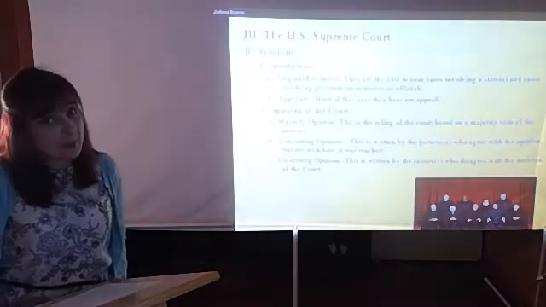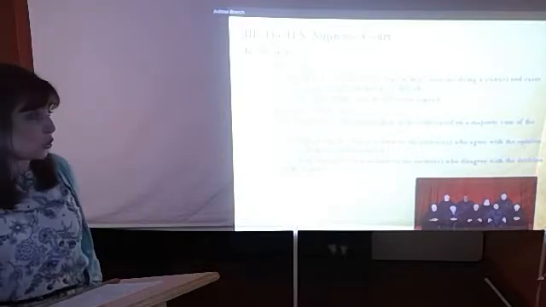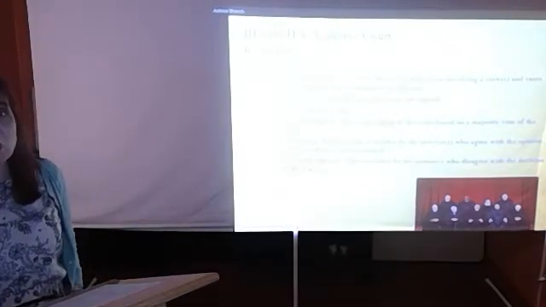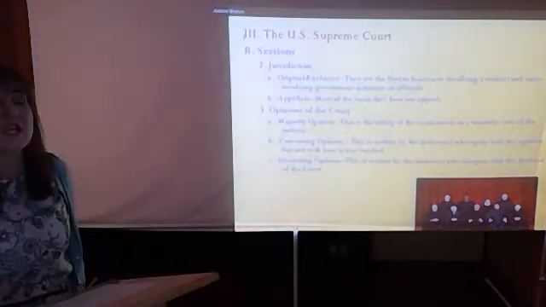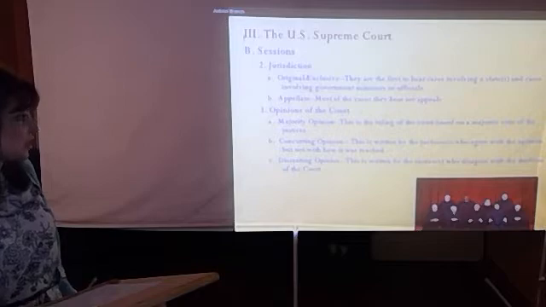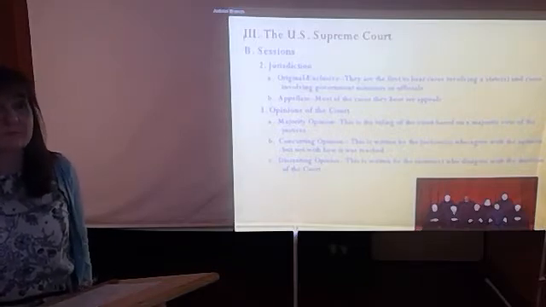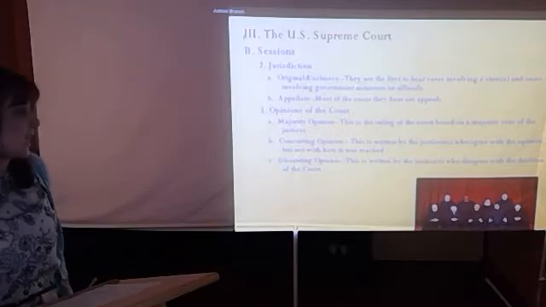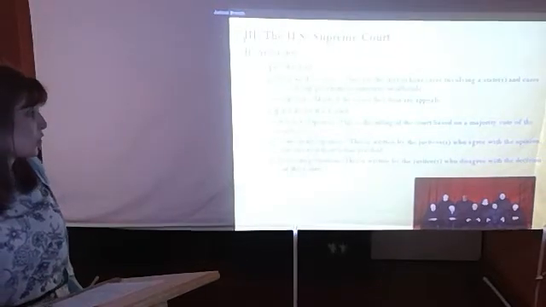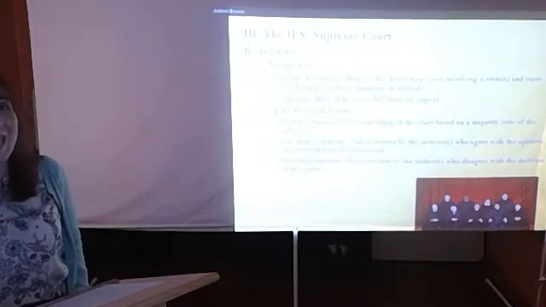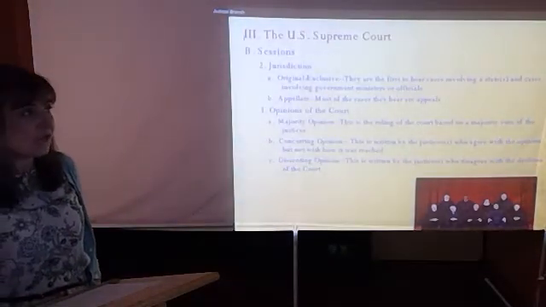There are 3 different types of opinions that the Supreme Court can give. There is the majority opinion, which means the majority of the justices agree with this opinion. This is actually the decision of the court, and one justice will write the opinion, but all those that agree will sign on to it. Then there is a concurring opinion. This is written by a justice who agrees with the opinion, but has a different reasoning than what was in the majority opinion. So if 5